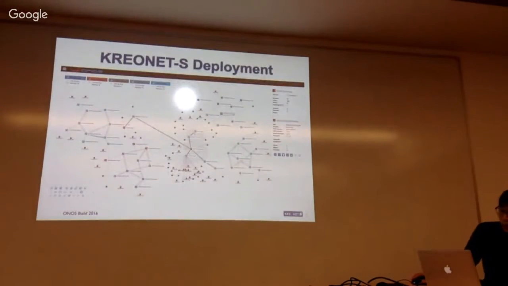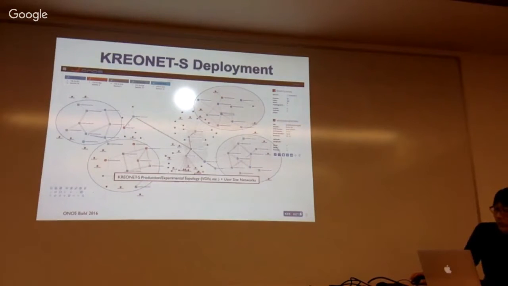This ONOS GUI shows the current state of KREONET-S deployment as of today. This is centering around the hardware-based data plane network with a 5-node ONOS cluster. As mentioned before, you can see KREONET-S deployment in Chicago and Busan. And in addition to the hardware data plane network of KREONET, this global topology includes OVS-based software data plane network. This is for various network experiments and user-side simulation, as well as the KREONET-S production SPM environment.